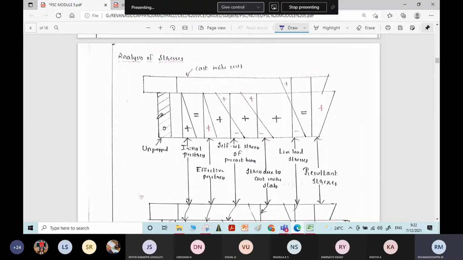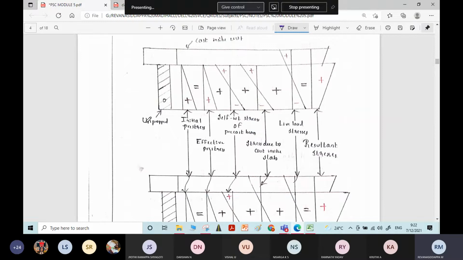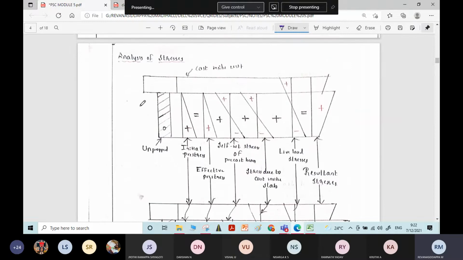I will be solving one standard problem. The same kind of problem will appear in your examination. There is no different variety, especially in case of composite sections. Then coming to the analysis of stresses,